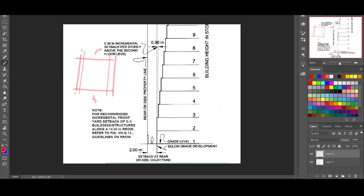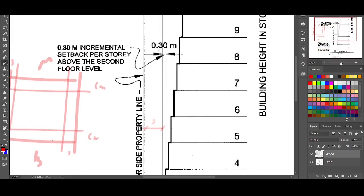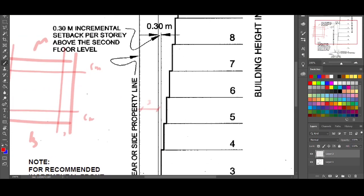So 3 meters, and then our 6-meter setback here, 6-meter setback over here. And this is grade below level, sidewalk, rear or side property line, and then will be our length. So in our example, this will be the 3-meter setback. And we need an incremental of 0.3 per floor. So if you want a straight edge, you'll just need to add up that 0.3. So it will look like,